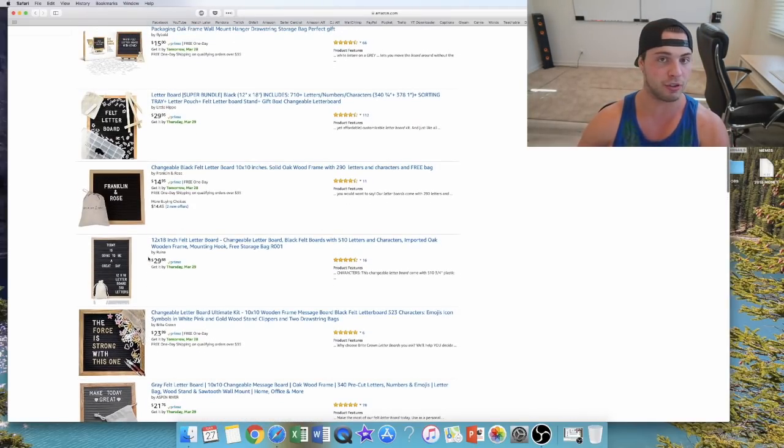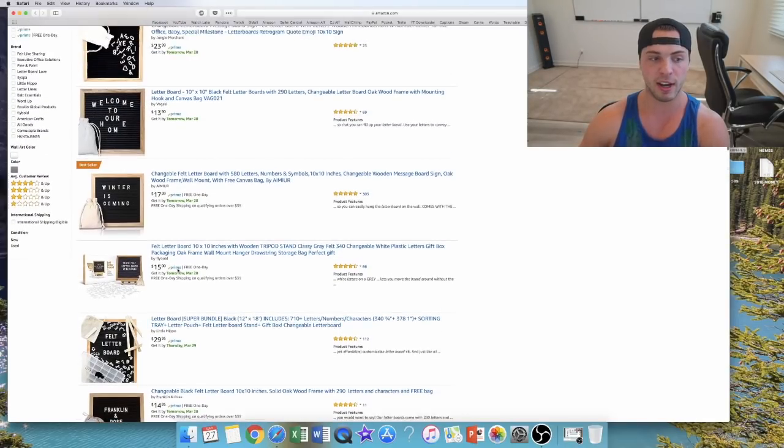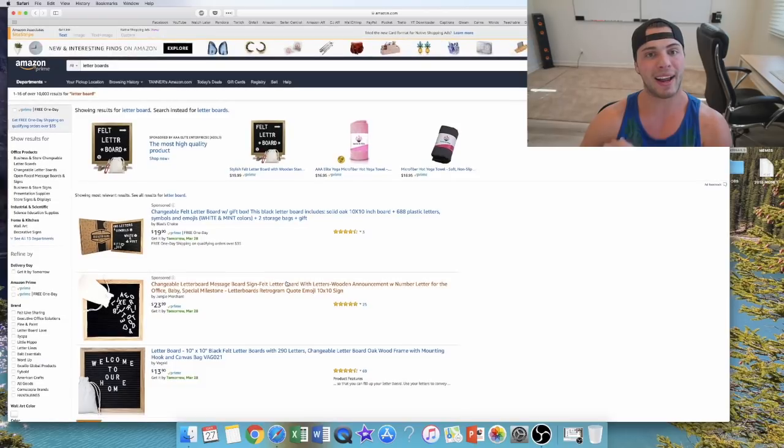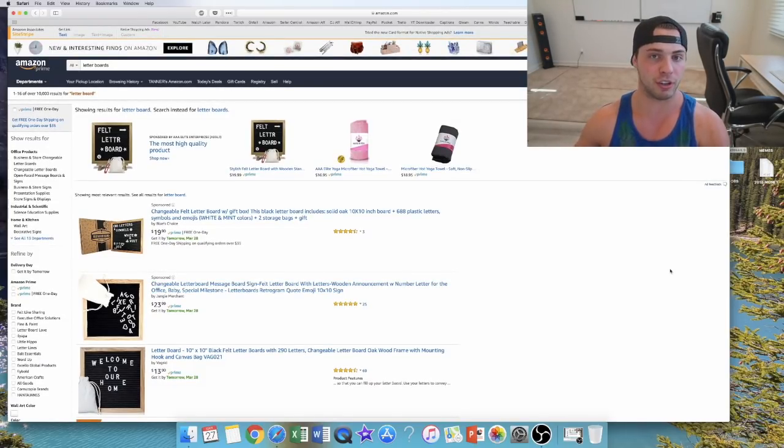They added value to their listing, they differentiated themselves, and they're not just the same board over and over again, which is why it's so important to add value to your listing. Again, whether it's adding in small items. Now, if you are going to bundle, add in a small item to add value, don't make it so big where your price is going to double or triple,